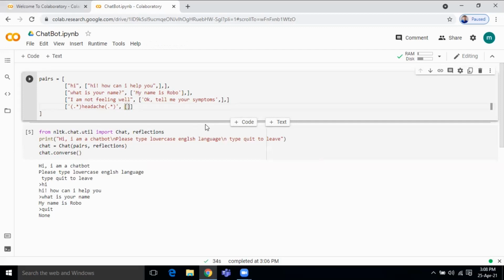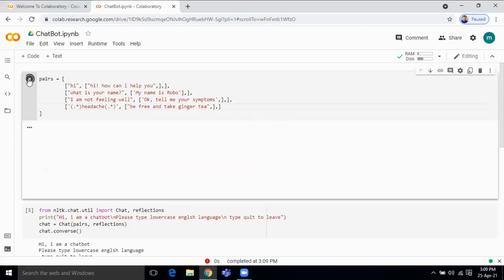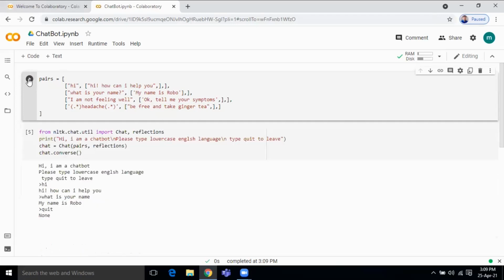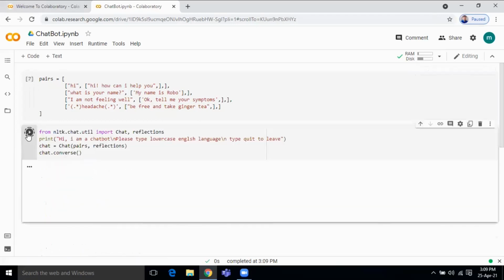For example, be free and take ginger tea. Okay, so this is a response from the robot. Okay, now run your chatbot code.